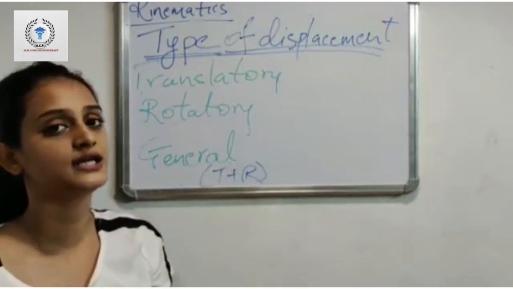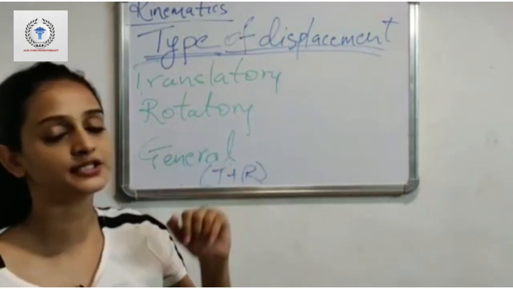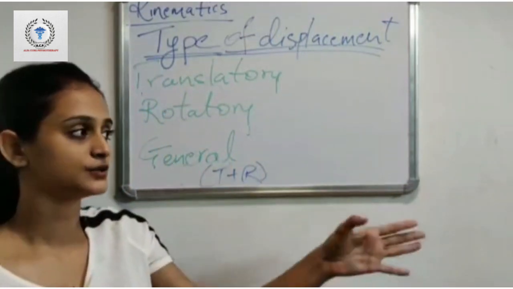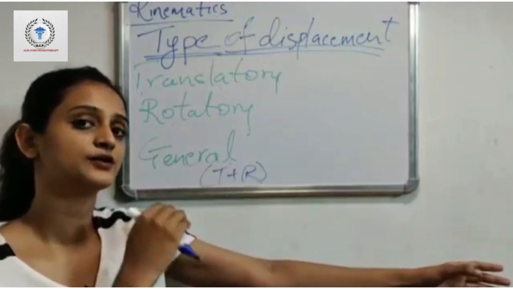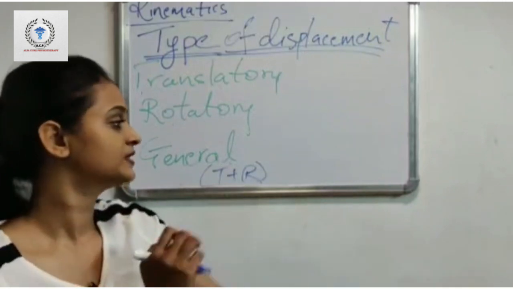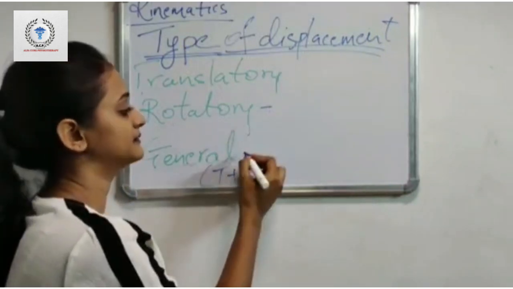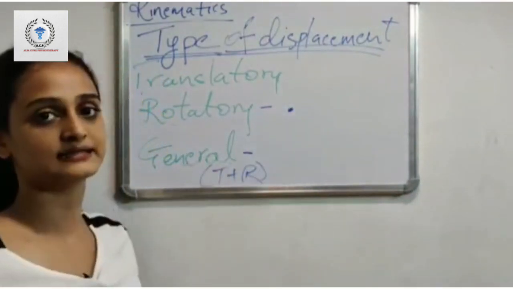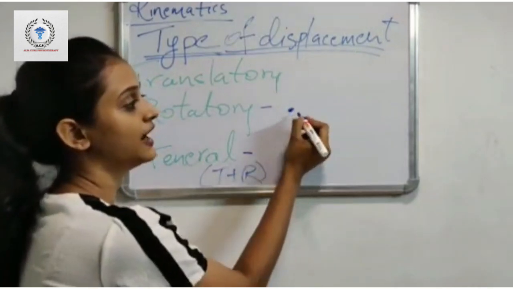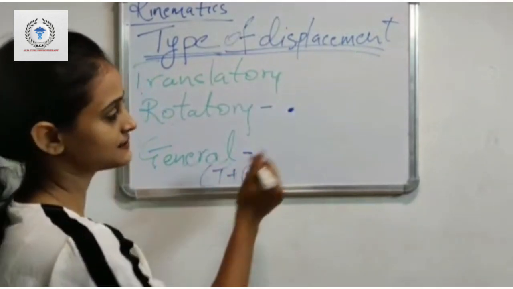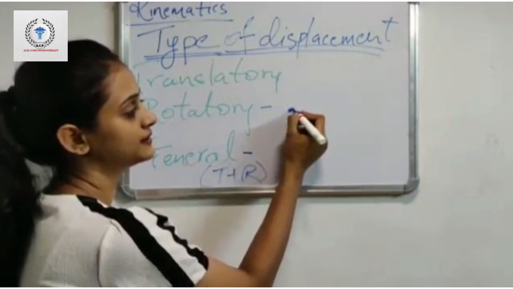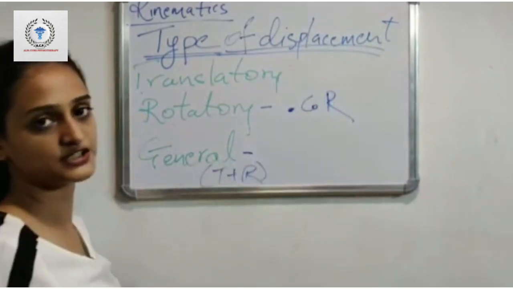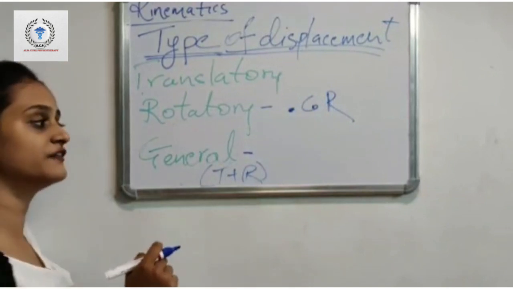In the human body, true translatory and rotatory motion cannot take place, because if one segment is going into translation, the next segment can go into rotatory motion. Now you have to remember that in rotatory motion there is an axis. Axis is basically a point around which a movement can take place. In rotatory movement, this axis is called the center of rotation, or COR.